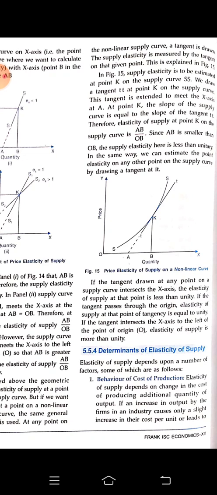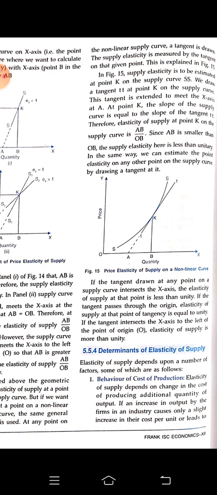Okay, so time element means that in the short run, the products which can be produced and supplied within a very short time, we usually see that in the short run we are not able to make so much production, so at that time we will find it is inelastic. In the long run, new firms can be put up and production can be increased, so there we can find that the elasticity is tending to increase.